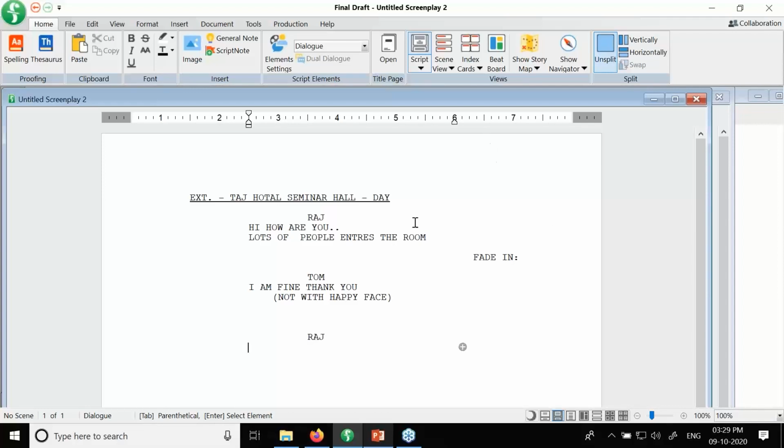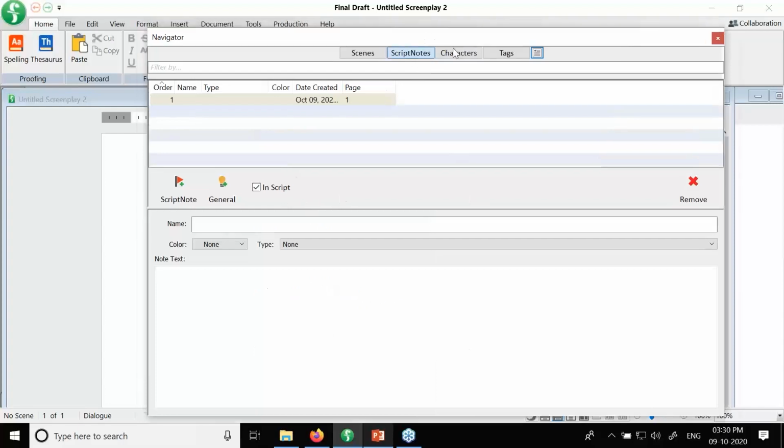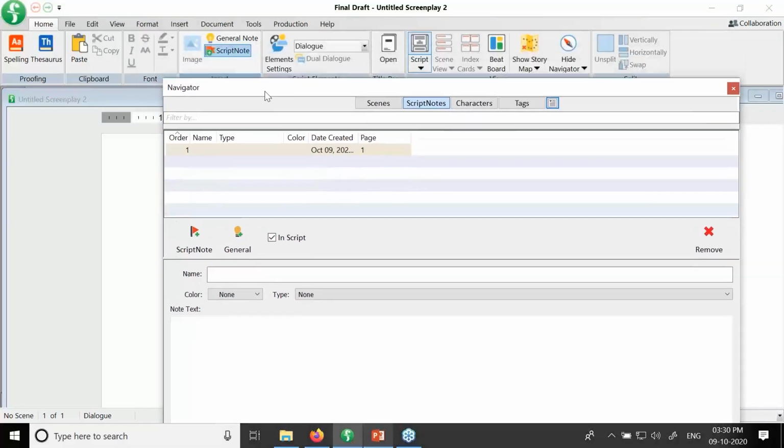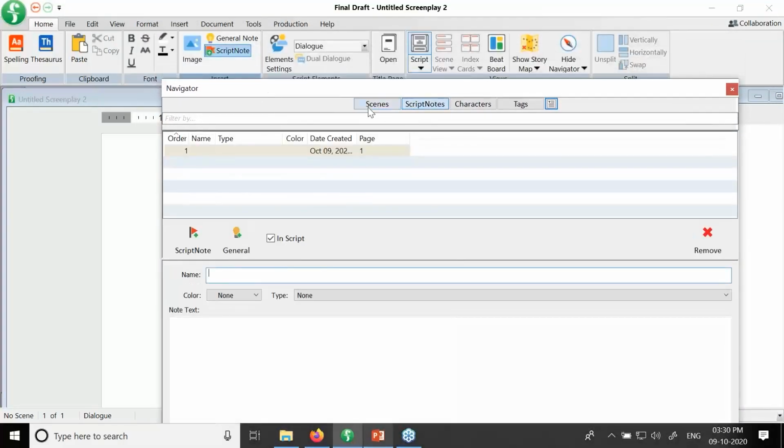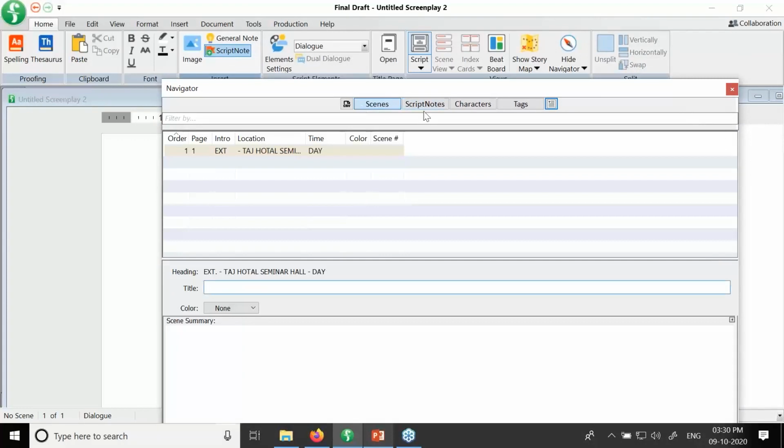We are starting to write anything. Now we'll talk more about some tools that we have over here. We can import the image. We have the general node over here. We have the script node over here. I'll select the script node here. We'll see the navigator tool opened over here. The navigator tool is really very important